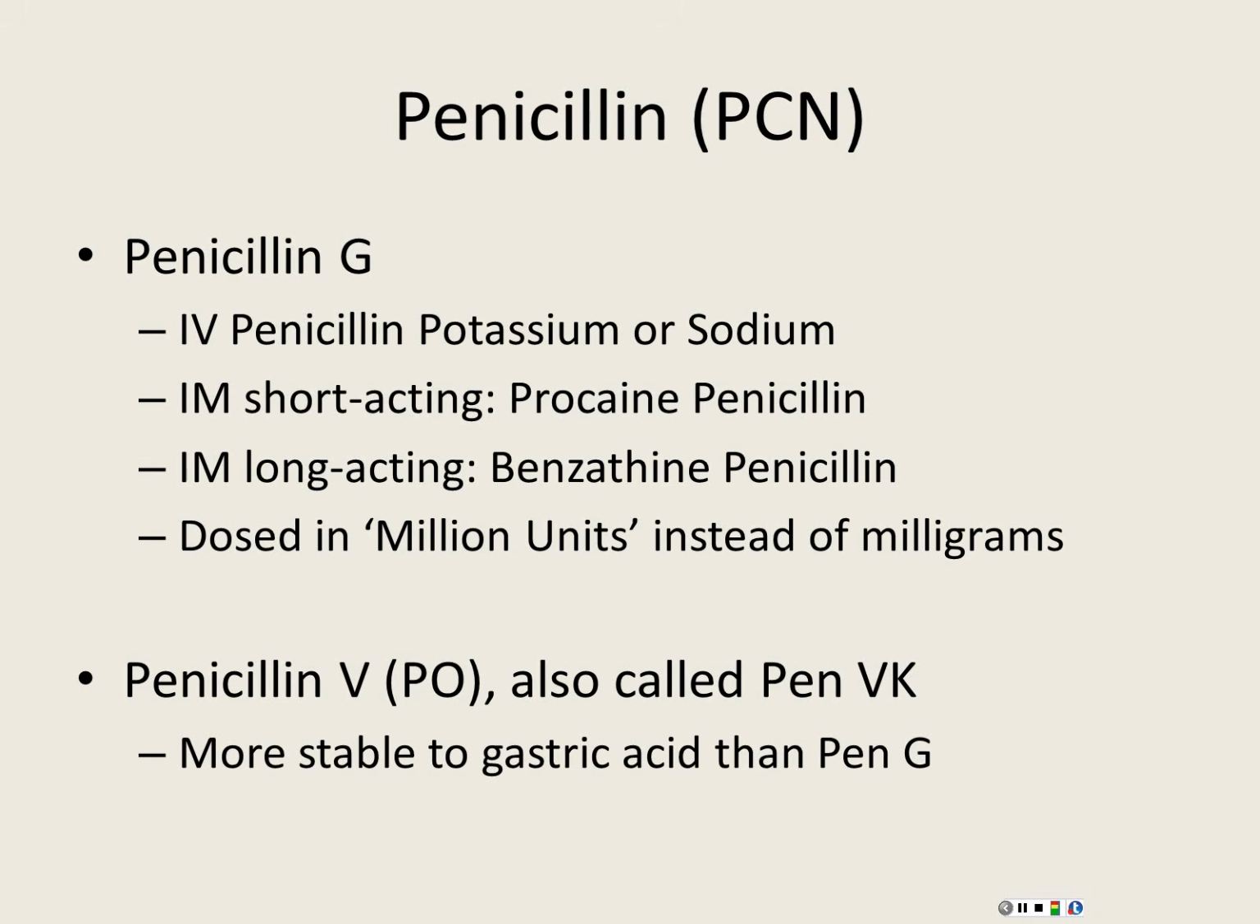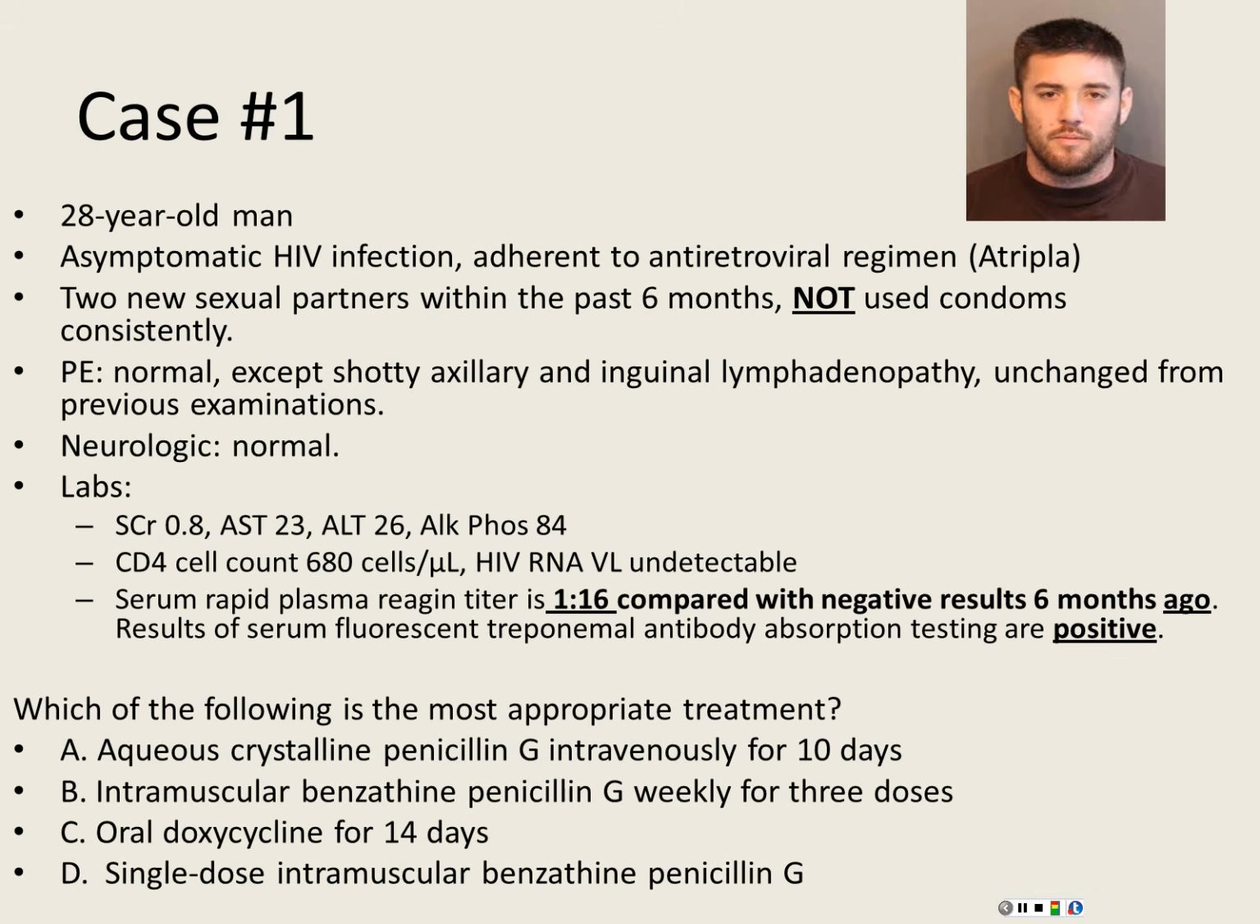Getting into a quick case. So this is a case of a 28-year-old man. He has an asymptomatic HIV infection and is very adherent to his antiretroviral regimen, which is a triple. He has had 2 new sexual partners within the past 6 months, and he did admit to not using condoms frequently. He's really here at your clinic today not because he's concerned about anything related to an STD, but really